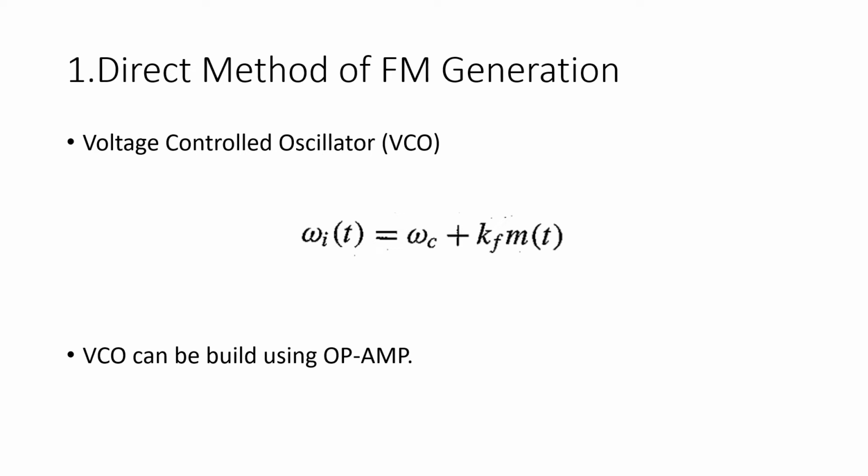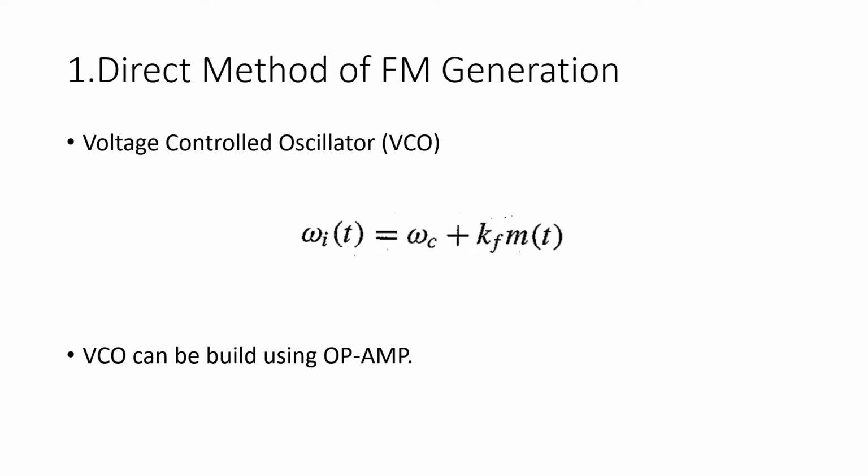We can generate an FM wave by using modulating signal m of t as a control signal, which gives us the equation which has been displayed, that is omega i of t is equal to omega c plus kf m of t, where omega c is the frequency of unmodulated carrier, kf is the constant for frequency modulation, and m of t